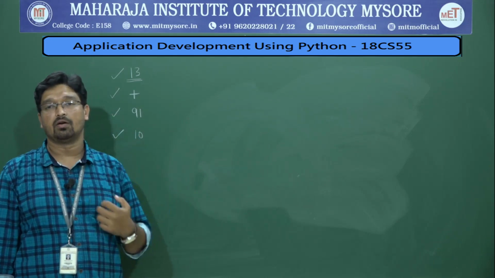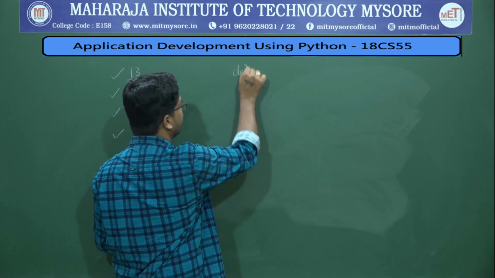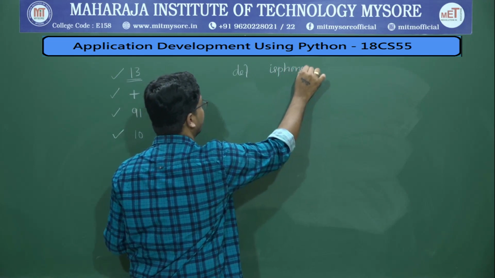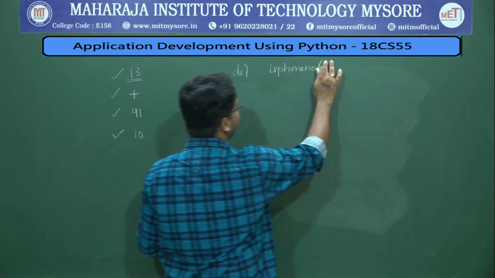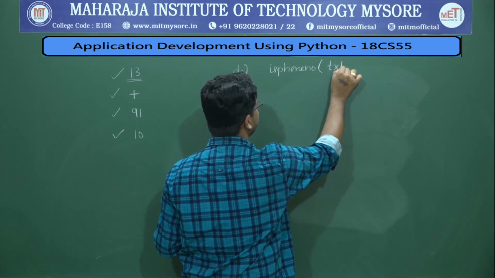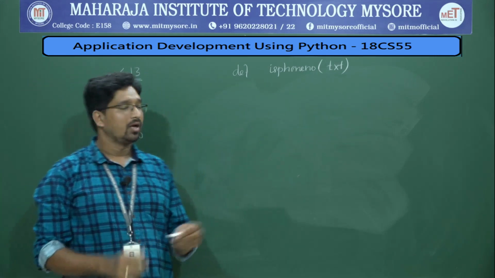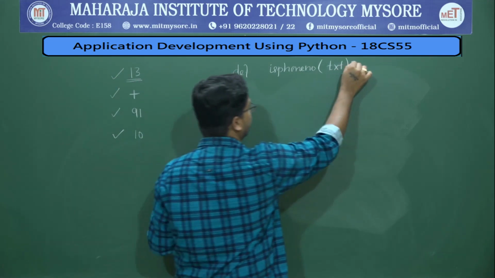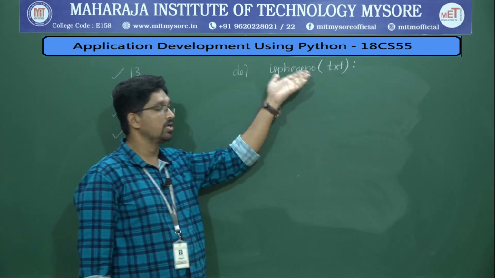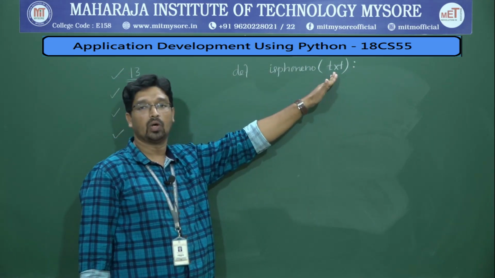Let us write a program for that. Let us consider a function. Let us say I am calling it is_phone_number, and I will take a parameter txt, because I am reading it as a string. Then you should write a colon. So is_phone_number is my own function, and I am taking a phone number as input. Later we will pass this phone number over here.